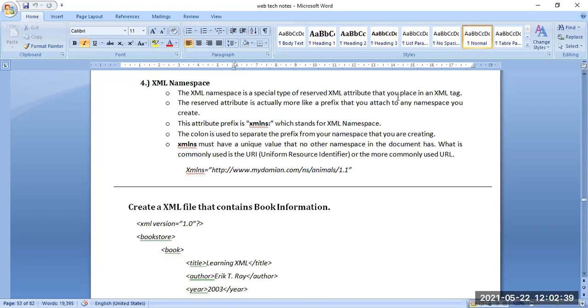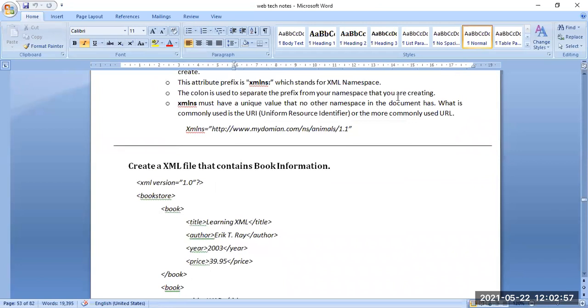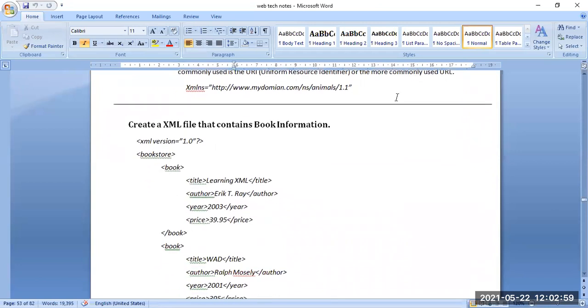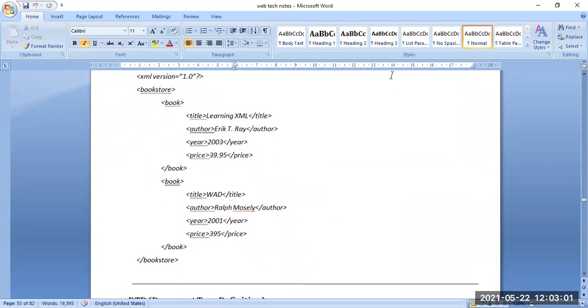As per the format, first of all, there will be the XML version we need to mention. Here we have mentioned 1.0. Then the XML root element, here the root element is bookstore. Then the things that will be considered: the book, title, author, year, then the book is closed, then another book. So we have categorized the book section.